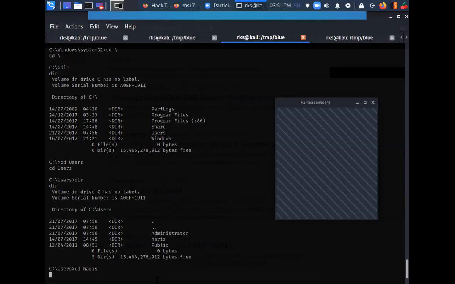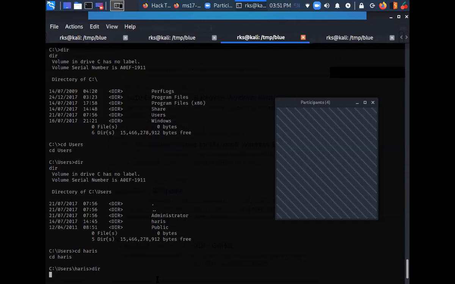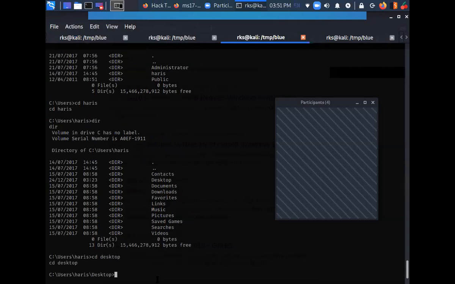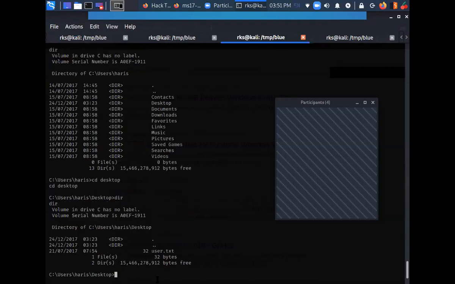So let's go into its directory. What do I have here? A bunch of directories. cd, let's do Desktop. And I have a user.txt file here.